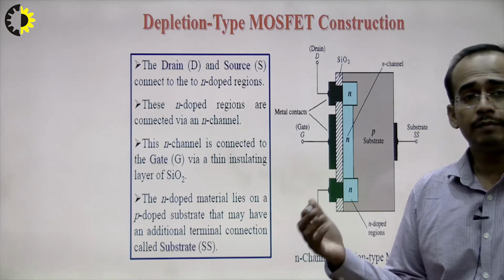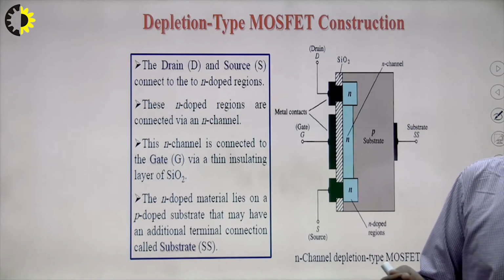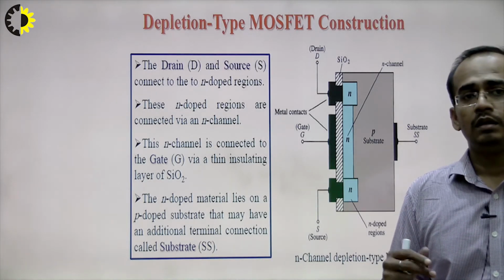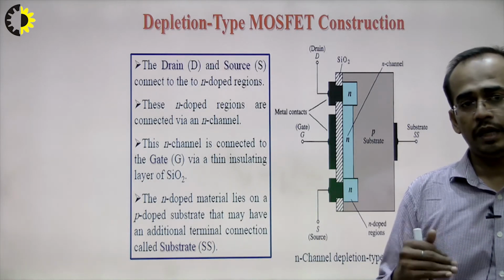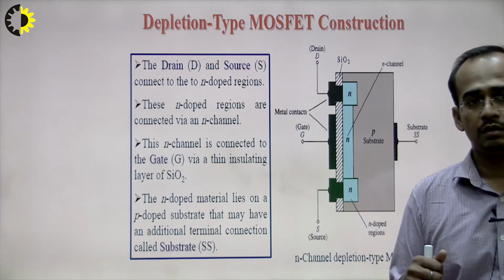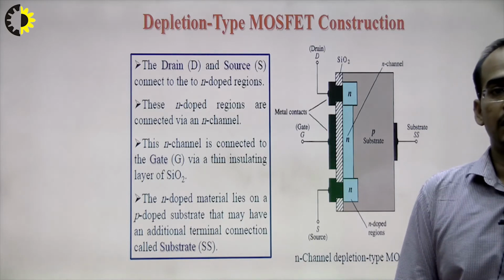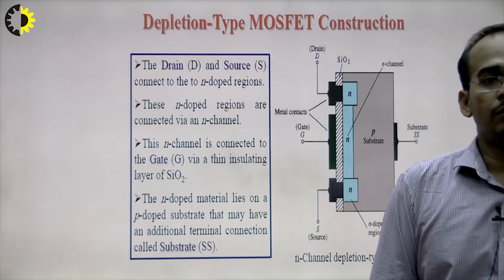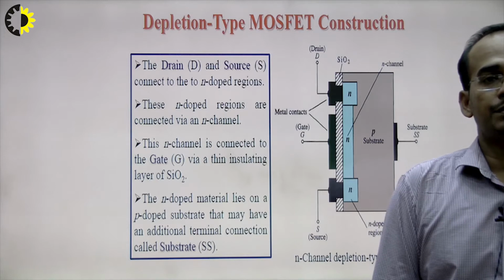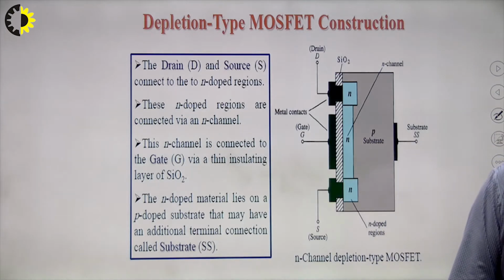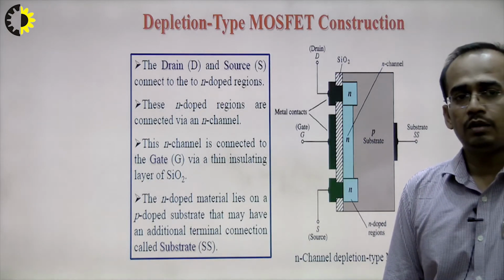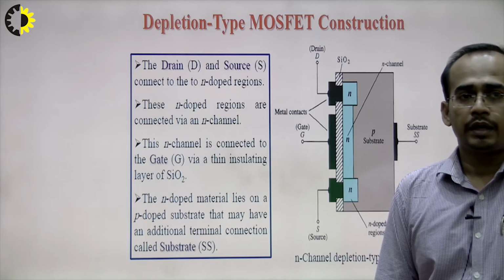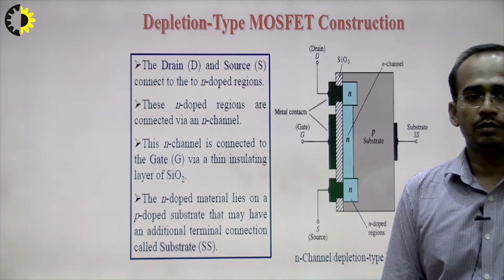In the depletion type MOSFET we take a p type substrate, and I create 2 n doped wells, and I connect the n doped wells with the n channel. The silicon dioxide layer is used for insulating the gate terminal from the p type substrate and channel. Ohmic contacts are used for making the drain, gate and source terminals. The drain and source terminals are connected to the n well regions,